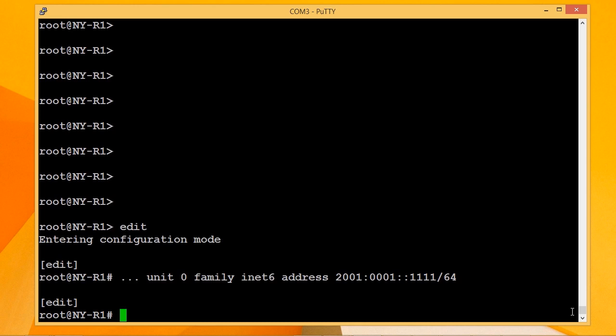The next thing I want to do is configure a static route on my router to another IP version 6 network. So I'm going to use the set routing options, and the routing options that I'm going to configure is for the routing table of INET 6.0, and it's going to be a static route that I'm going to configure to the 2001:, we'll say 0002 as the network ID. I'll do /64. So that's the second IP version 6 network that I have,